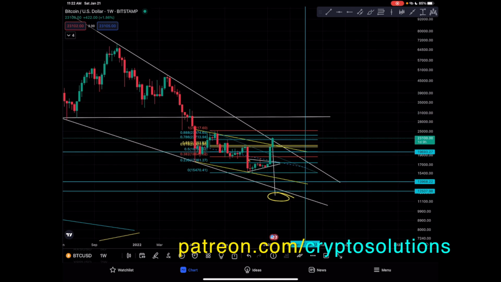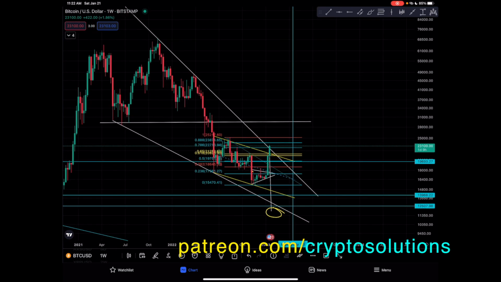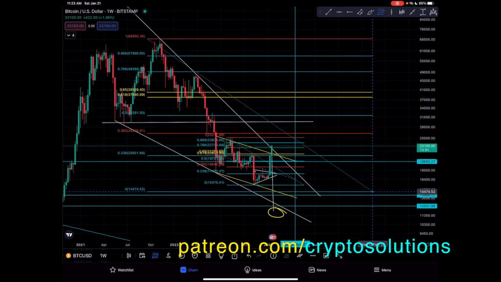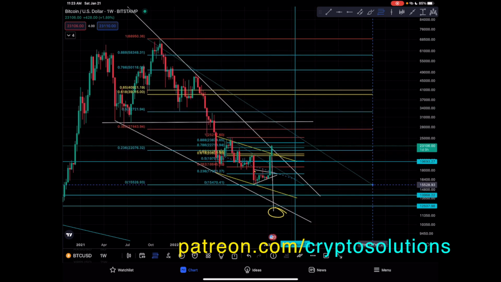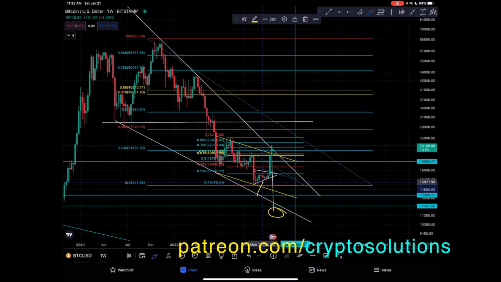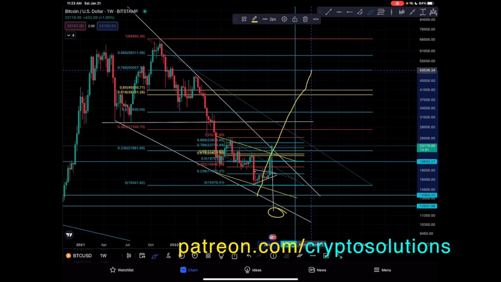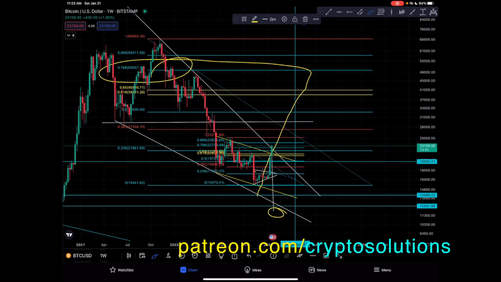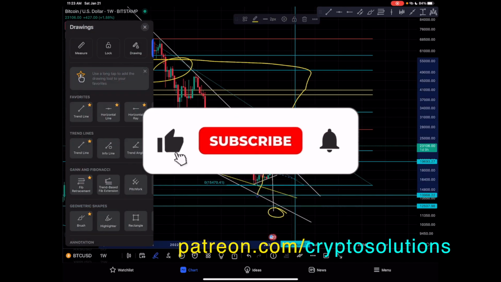So I don't wanna discuss the reversal scenario just yet. You know what? I'm gonna talk about it. If that was the bottom, okay? If that was the bottom right here, then this Bitcoin price can have a really huge uptrend all the way up to around that, even all the way up around that $50,000 level, okay? But I'm not saying that that's going to happen.